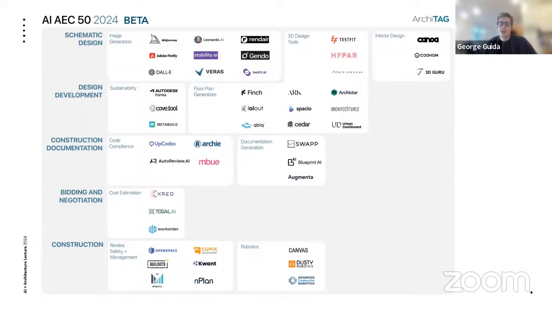And so lots of these companies are really pushing towards massing tools for optimization. So you have, for example, TestFit or Spatial. In floor plan generation, Finch is really standing out. There's urban planning or real estate tools, for example, CEDAR. These are just a few of the very many that are coming out. And so what I gave you a glimpse of is more of that ideation phase, but it's always important to understand that across all design stages, there's a lot of development.